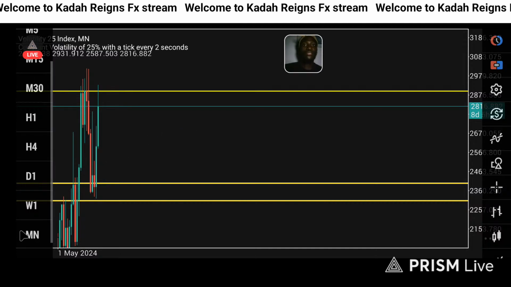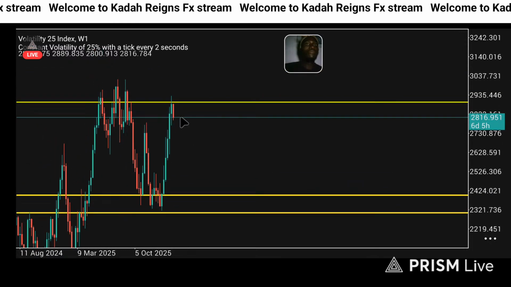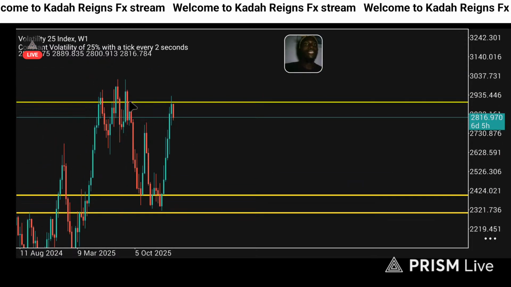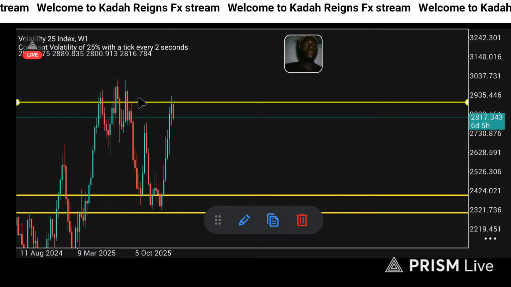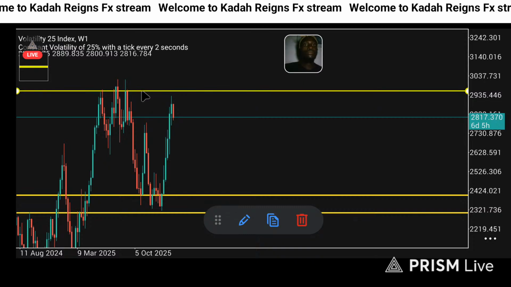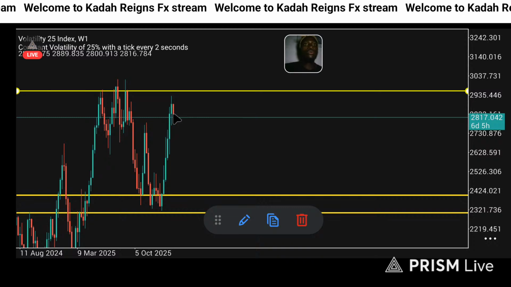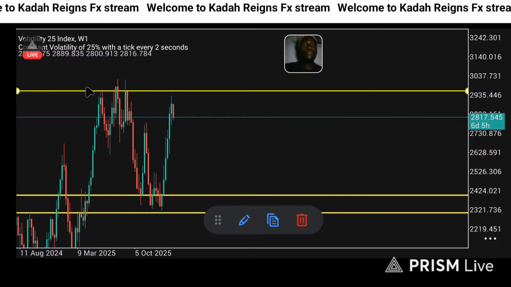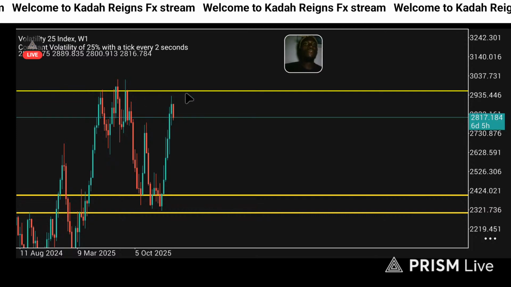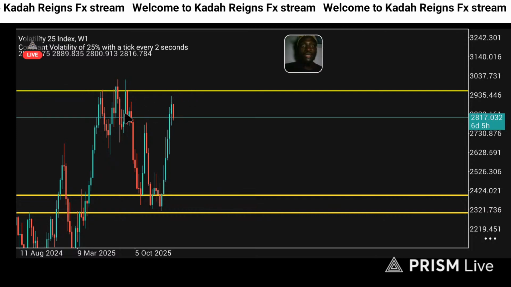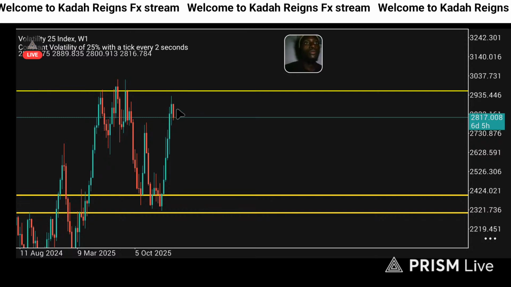Now you come down to the weekly time frame, right? You see the weekly time frame, it closed. Now you just have to adjust your resistances to something like so. Let me push it some more. So you see the previous weekly time frame closed bullish, but it didn't fill this orange coming down to these areas. So the previous weekly time frame is bullish, right?